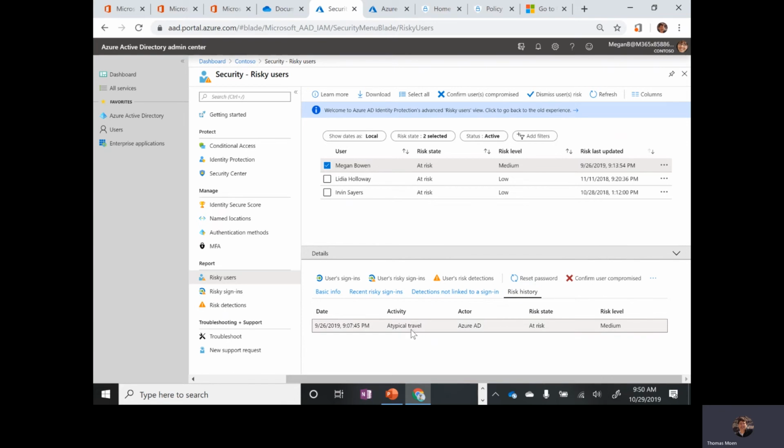In this case, what I did with this user is I logged in from some city in California while working with the customer, and then I created a virtual machine. I put that virtual machine in the Netherlands in Azure, so Microsoft Azure services, and then signed in from there. This atypical travel came up because there's no possible way for me to travel from California to the Netherlands in under 2 minutes, and that's about how long it took me to create that VM and sign in as Megan. So it's great that I get this warning and this alert